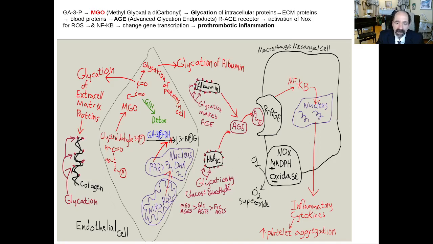Okay, so the AGE can then be taken up by macrophages and immune system cells like mesangial cells, kind of like the residential macrophages of the kidney. This receptor is called a RAGE receptor, for receptor of advanced glycation end products. It will take up the AGE, and that will activate something called nuclear factor kappa B, a transcription factor with an effect on the nucleus, and you start to make inflammatory cytokines, which have the effect of being prothrombotic as well